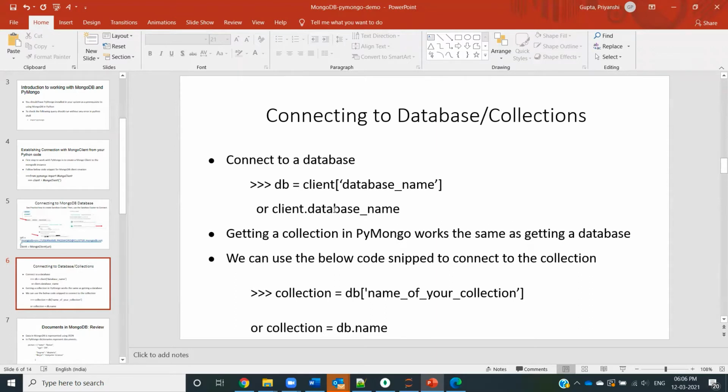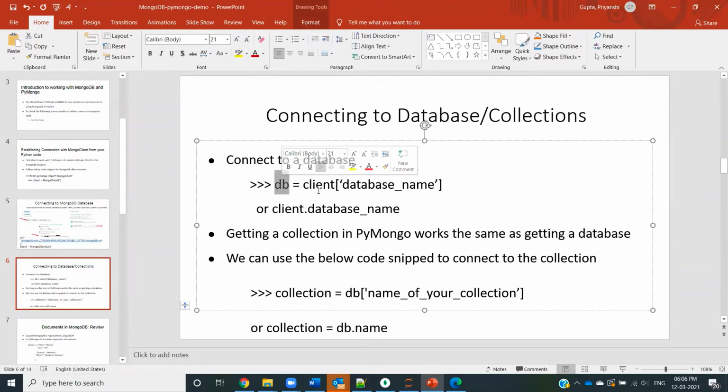Once you get connected to the database, the next point is that you can have multiple collections inside the specific database, like we discussed earlier. So you would like to connect to a specific collection, which in our case is My Movies. In order to do that, I'll use this variable db, which was used for getting connected to my database.